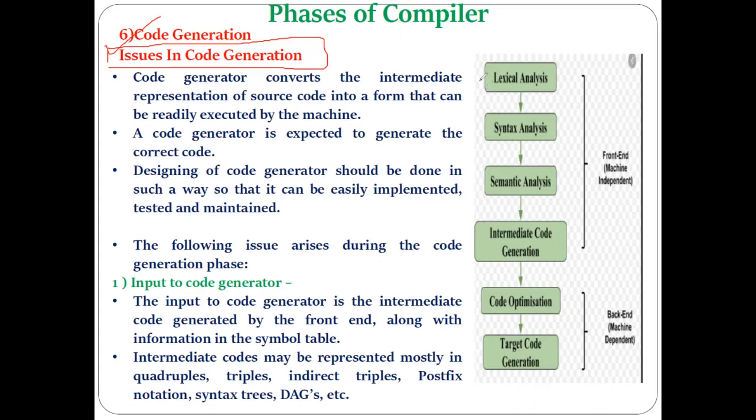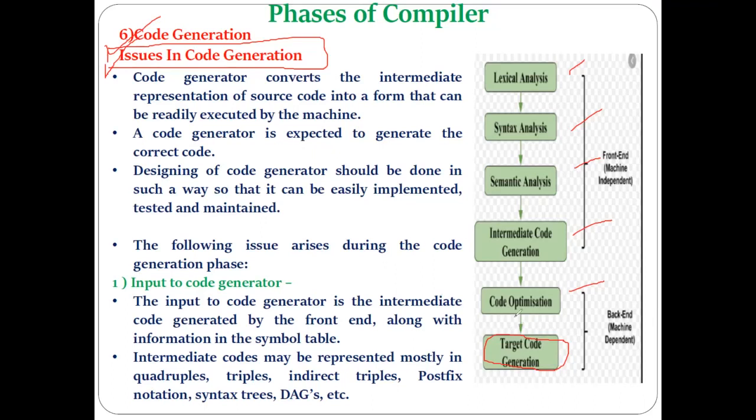Now, these are the different phases we have already discussed. This is a part of our compiler. Whenever the system programmer is designing the compiler, he has to think about each phase and design each phase of the compiler accordingly. Understood? The same is true during the last phase of the compiler. When the system programmer is designing the last phase, that is target code generation, which things should he keep in mind? Those things come in the category of different issues in code generation.